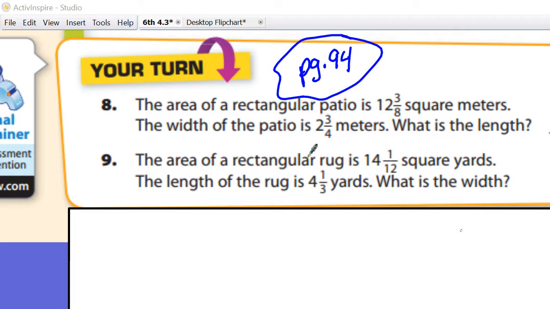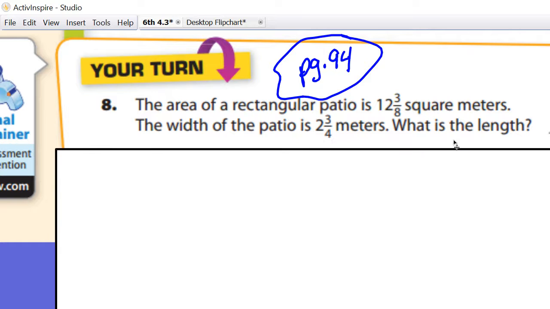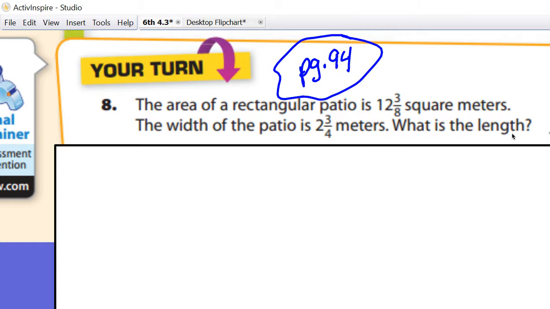We are on page 94, the Your Turn questions. Number 8, the area of a rectangular patio is 12 3/8 square meters. The width of the patio is 2 3/4 square meters. What is the length? Well, the first thing I'm going to review with you is what we learned on page 93,